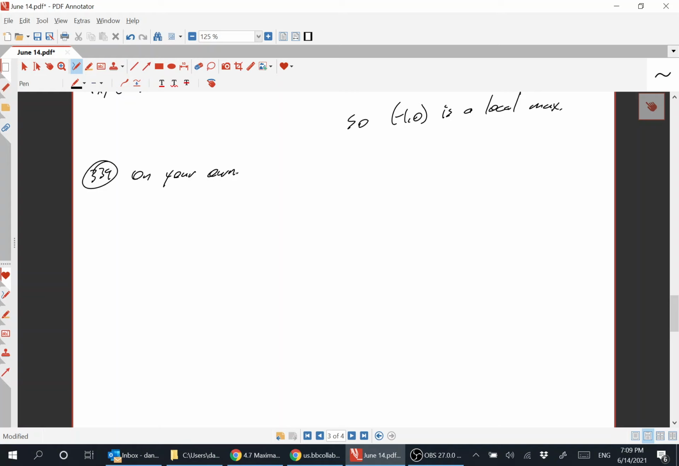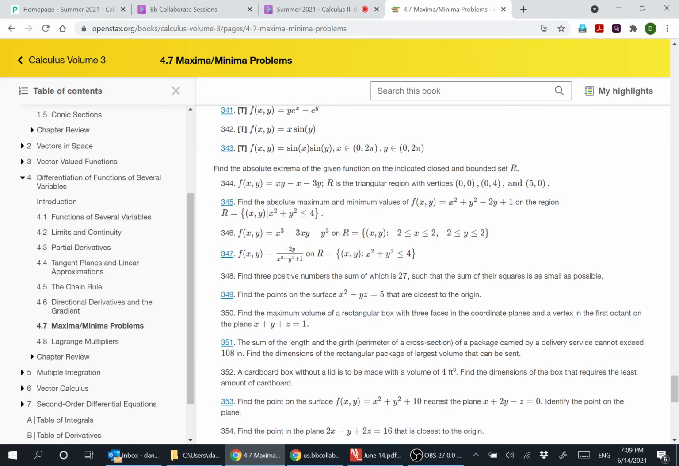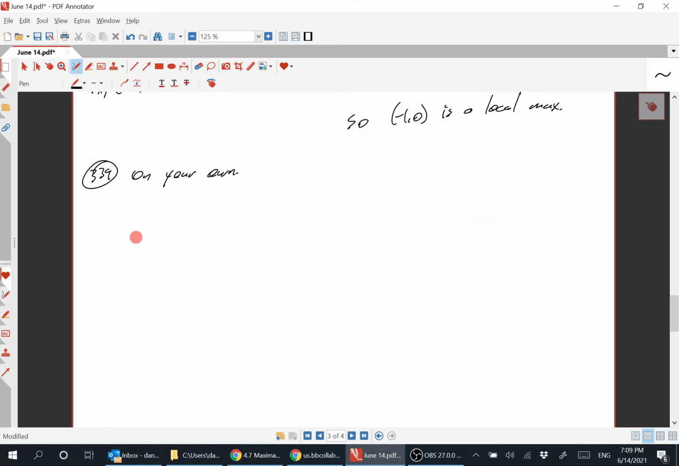What's more interesting are these types of problems here, like 346. Find the absolute maximum and minimum values of, here it is, find the absolute extrema of the given function on the indicated closed and bounded set, right? So when you have, remember,